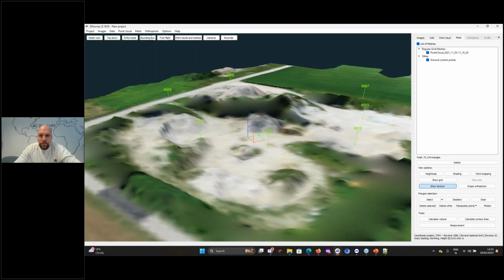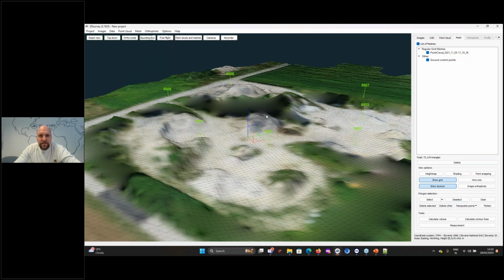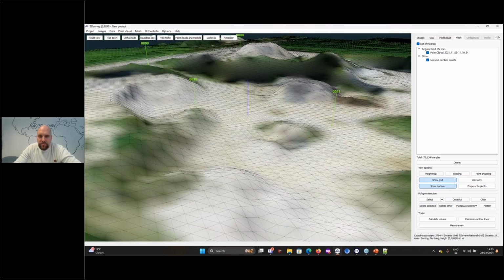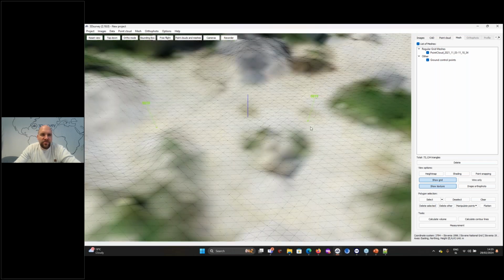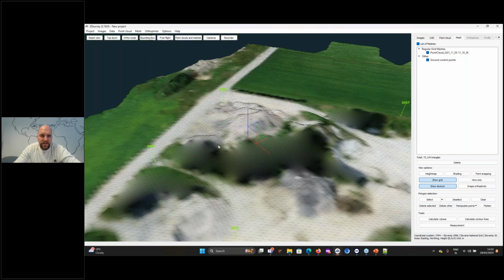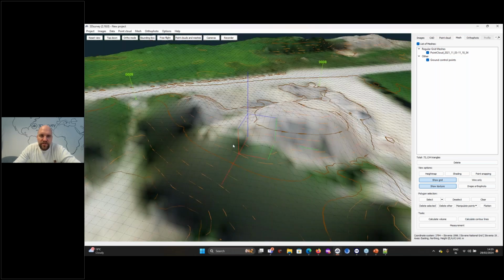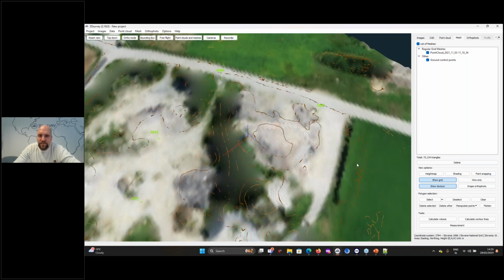Okay, so now we have this kind of digital terrain model. The digital terrain model is perfect data to extract contour lines from, for example, with 0.5 meter equidistance. It's also perfect data to calculate some volumes from.